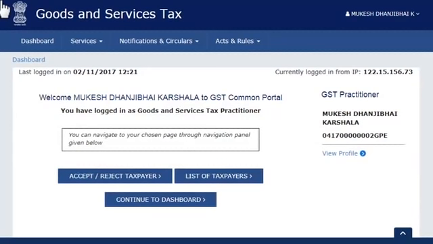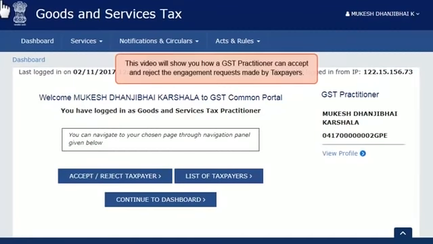Once a GST practitioner gets enrolled with the GST portal, he or she can be engaged by registered taxpayers and perform various GST-related activities for them. This video will show you how a GST practitioner can accept and reject the engagement requests made by taxpayers in